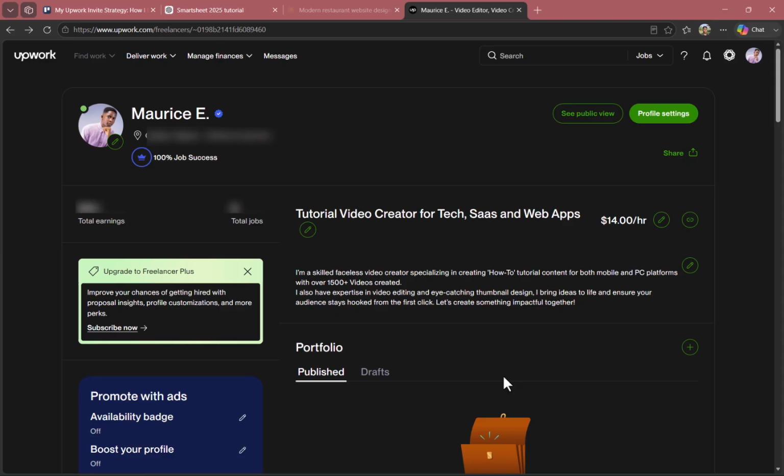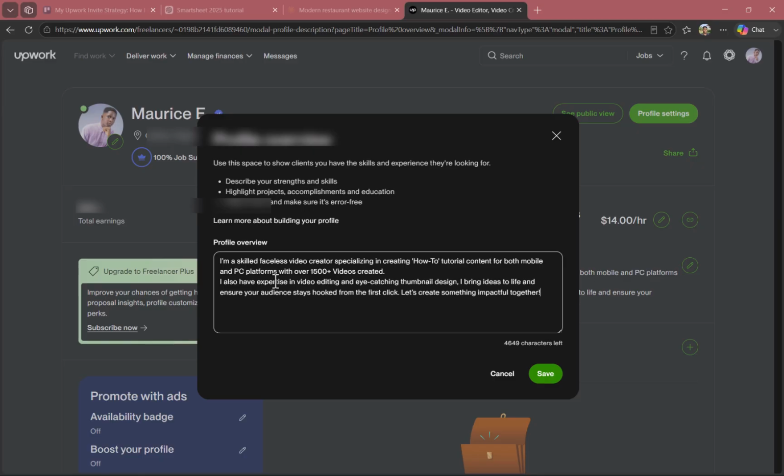All right, so now the next step is to create a client focused profile, as these are profiles that actually stand out. Most freelancers talk about themselves. High earning freelancers focus on client outcomes. So instead of saying, I have 5 years worth of experience doing this, you could just click on the pencil icon here and simply edit this to say something else like, I help businesses increase their conversion rates